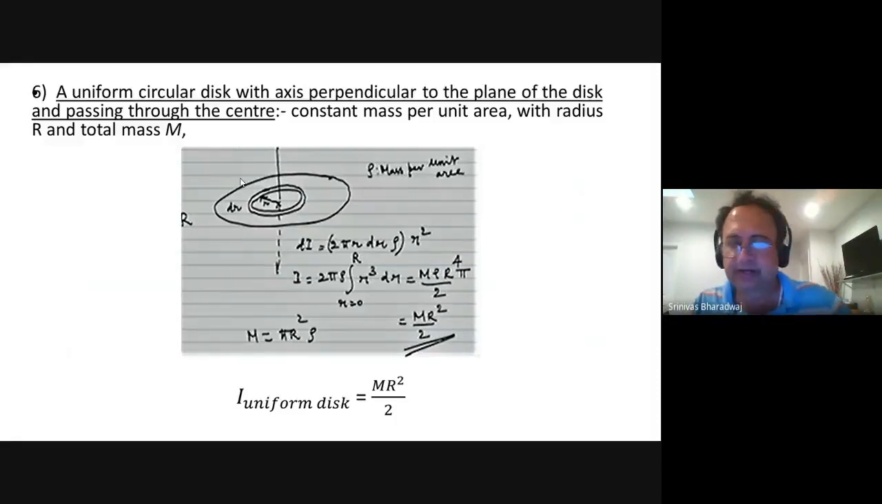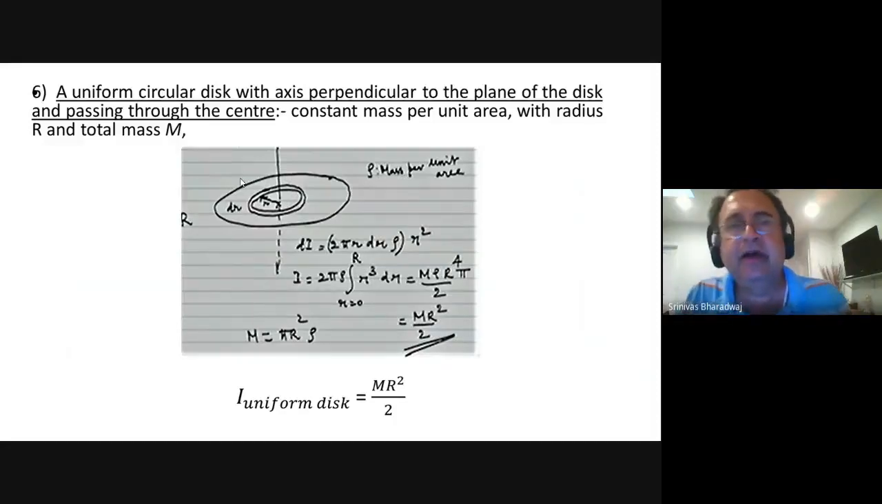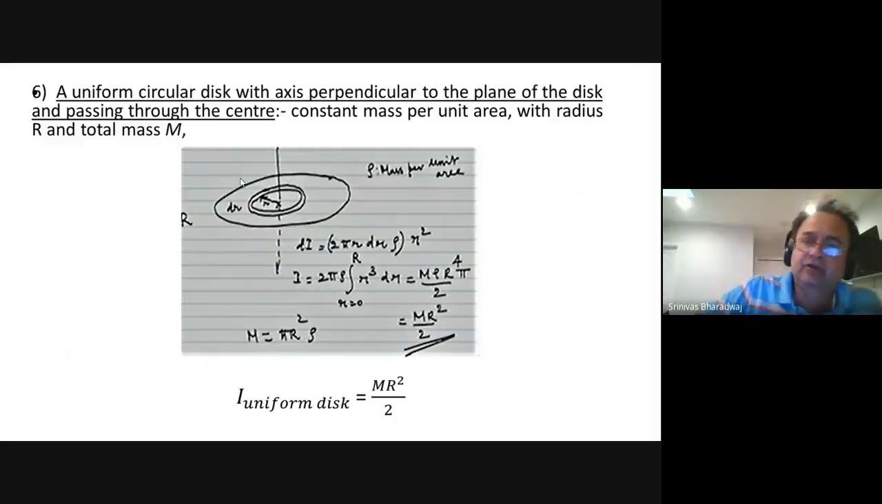There is no by 2 there, right? And the integral goes 0 to L, right? So it will become L square dl. So it will become L cubed by 3, right? So